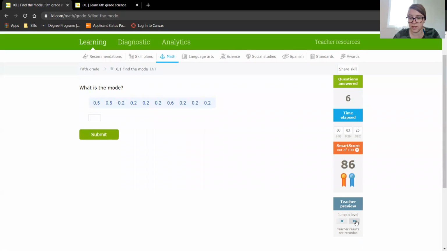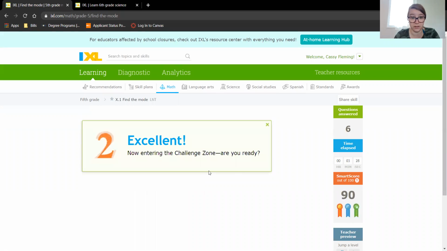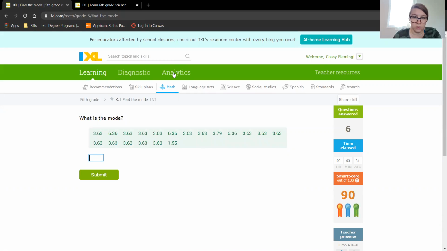Let's bump it up to the last level, or the challenge zone. Again, we're just looking for the number that happens the most. 3.63 once, 3.63 twice, 3 times, 4 times, 5 times, 6 times, oops, that's not it. They're trying to trick you there. 3.63, 7, 8, 9, 10, 11, 12, 13, 14 times,